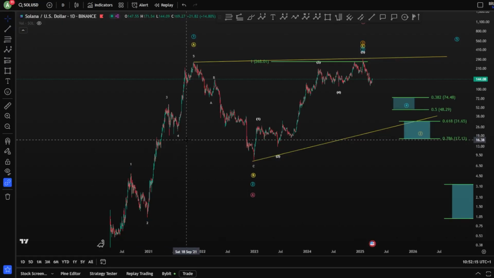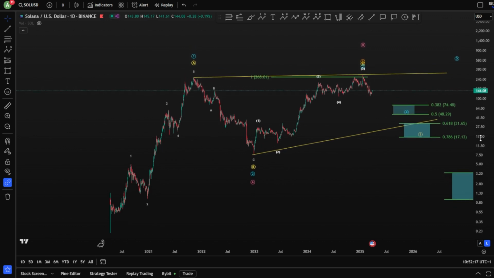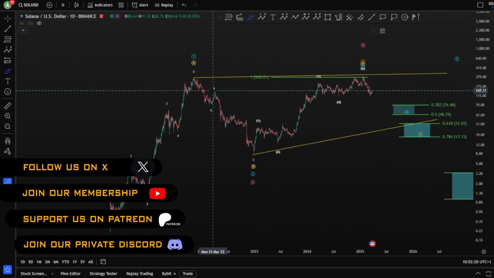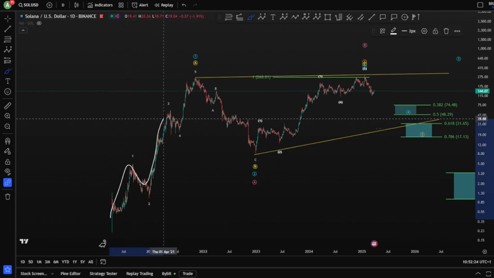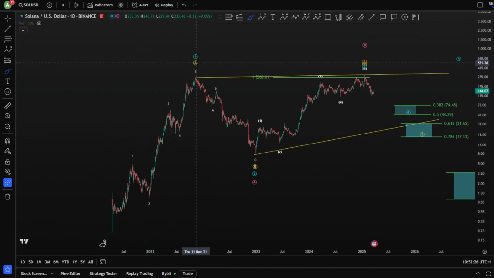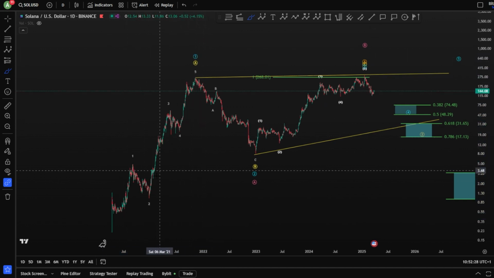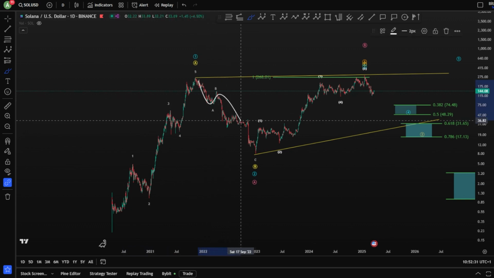Hello everyone, welcome to a new video for Solana price prediction based on Elliott wave analysis, starting on the daily chart for the bullish and bearish scenario overview here. We have a 1, 2, 3, 4 and a 5 towards the upside, finished wave A or a wave 1, and in both case scenarios you would like to see, of course, a corrective wave ABC towards the downside to finish